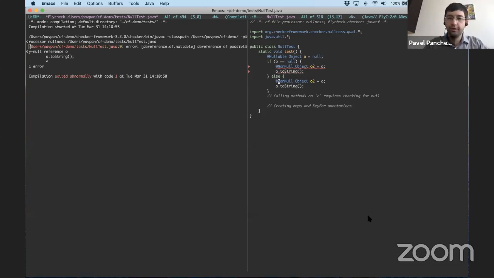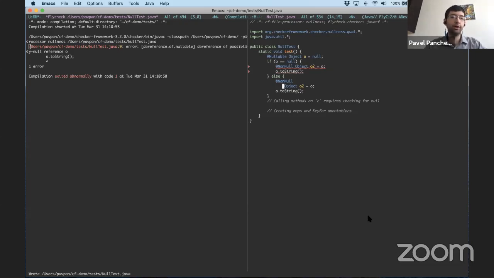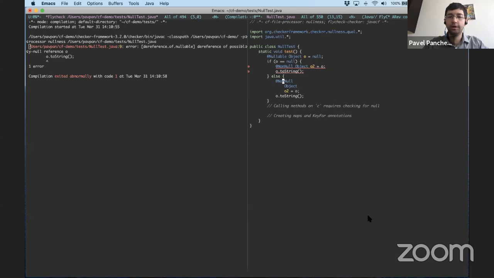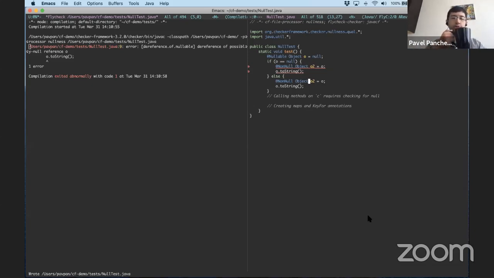Hao Chen asks, does this notation, this thing is called an annotation, does the annotation have to be on the same line? It does not. The Checker Framework plugs into the Java compiler itself, and so all of the parsing of Java code is done by the Java compiler. Annotations were added, I think, in Java 8 as a standard part of Java, so all of the parsing rules are pretty much what you'd expect. You can add new lines just like you can anywhere else in Java. Obviously, you need to do the semicolon stuff correctly, and it'll work as you expect.